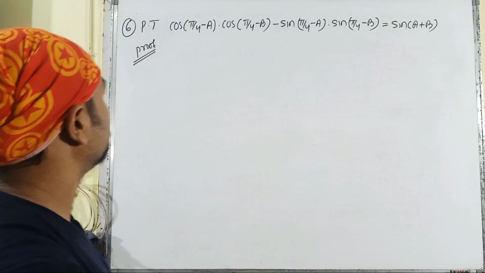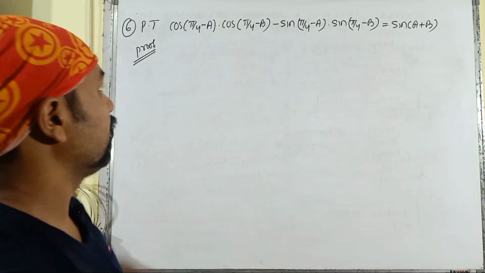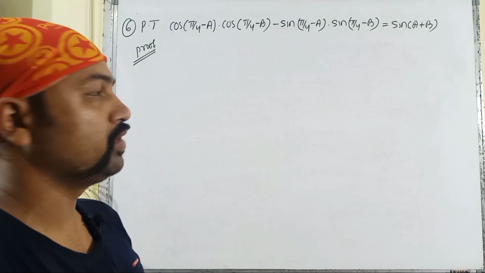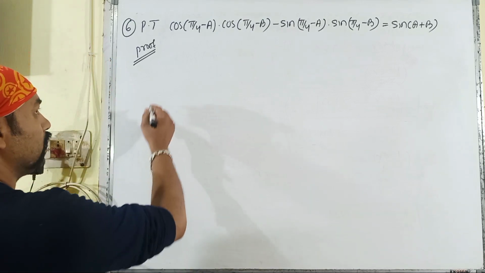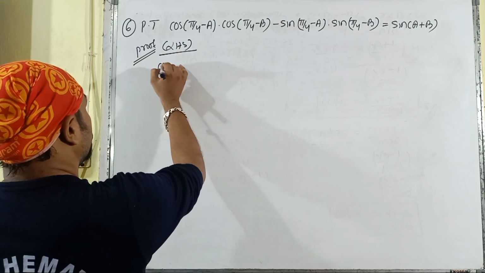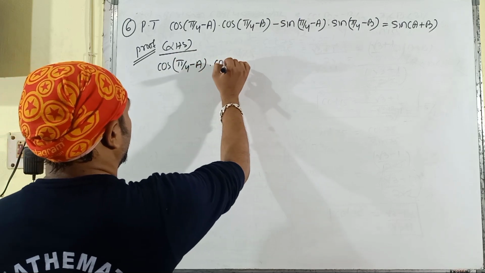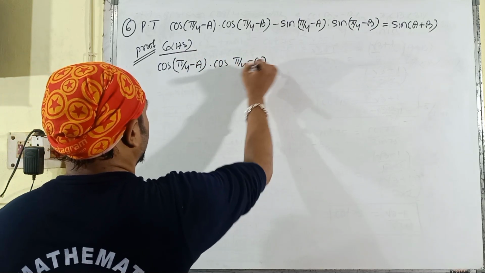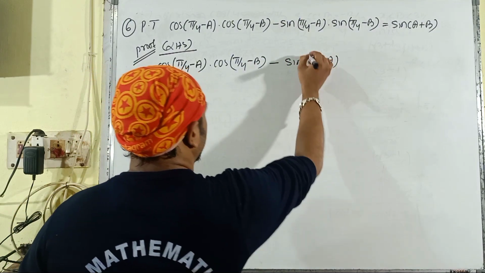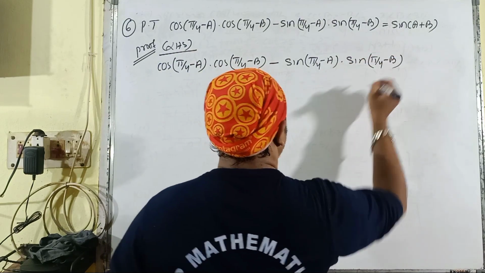Here it is the problem number 6, and we have to prove that cos(π/4 minus A) multiplied with cos(π/4 minus B) minus sin(π/4 minus A) multiplied with sin(π/4 minus B) is equal to sin(A plus B). So let us go through the left hand side. It is cos(π/4 minus A) multiplied with cos(π/4 minus B) minus sin(π/4 minus A) multiplied with sin(π/4 minus B),